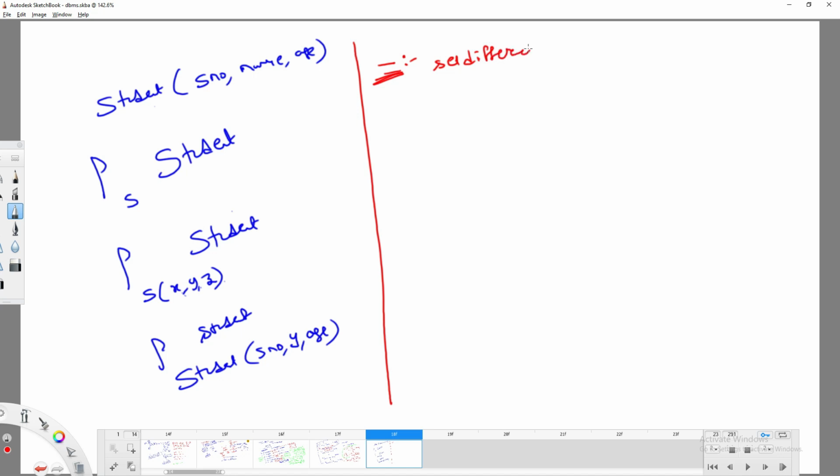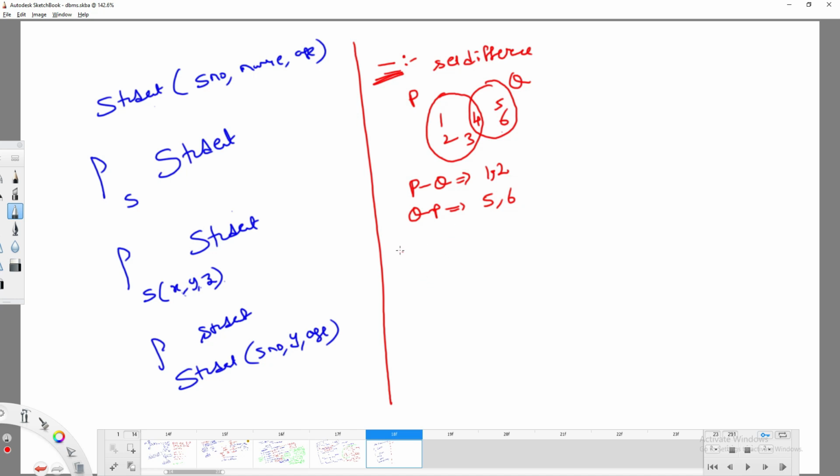two relations, one is P, another one is Q, for example 1, 2, 3, 4 and 5, 6. What is P minus Q? 1 comma 2. So the meaning is the elements which are present in P but not in Q. That is the meaning of this one, which is not equal to intersection. The elements which are in P but not in Q, I can call it set difference or minus. Similarly, Q minus P is 5 comma 6. Okay, fine.